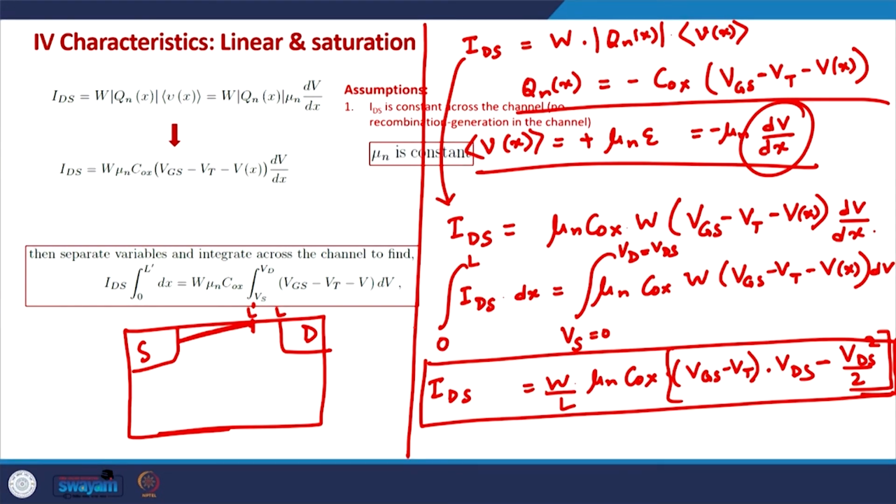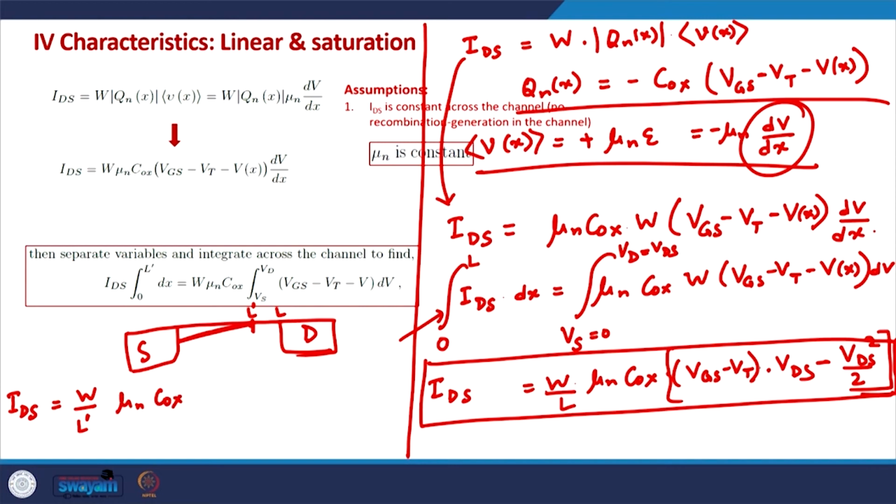And if we integrate this equation from 0 to L prime only, IDS times L prime will be equal to W by L prime. On the right hand side the limits will be from 0 to VGS minus VT. So, it will be mu n Cox, VDS needs to be put as VGS minus VT. So, it will be VGS minus VT square minus VGS minus VT square by 2, and